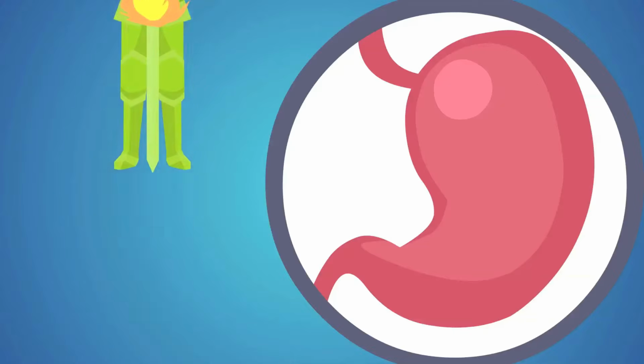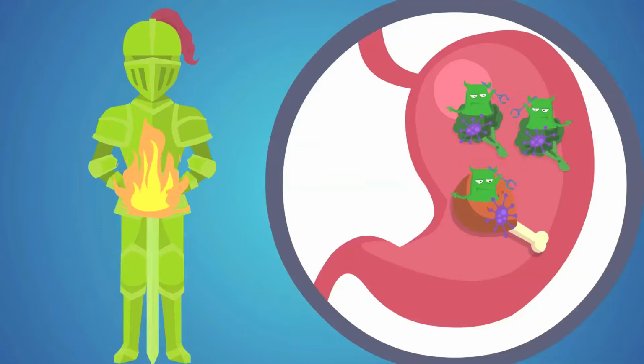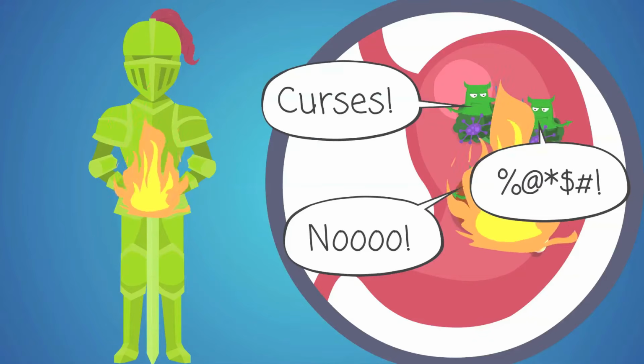But the stomach acid is more than just what helps us break down our food. It's the barrier to the whole body. It's basically like our knight in very disgusting armor. Because any bad guy, any varmint, any bacteria, any microbe that comes in on the food that we're eating, and it's coming in on the food, we just don't have a way to really get around that. And when these little varmints come in, they die in an acid bath in the stomach. That's part of what the stomach acid is there for. It kills all bad guys that come in.